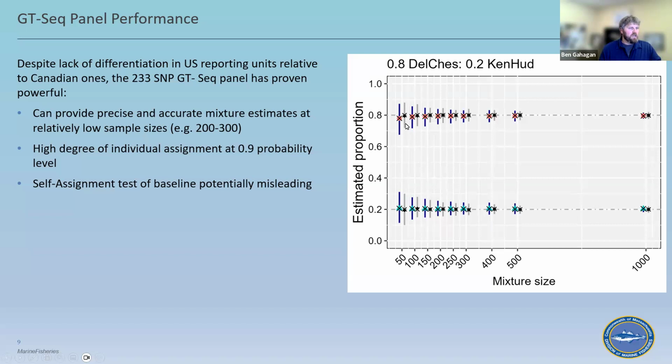And the gray points next to them are just for the random sampling error you might expect over the same number of simulations, and sample sizes on the bottom. What you can see is that somewhere between 200 to 300 samples, both of these stabilize really well, and you're pretty much at a point where you're returning the same thing you would get from random sampling error. And that was very promising and in line with some of the work that's been done on other species with SNP marker panels.